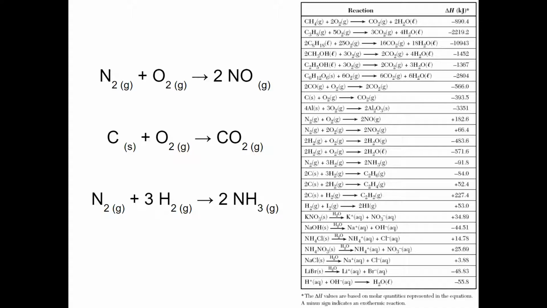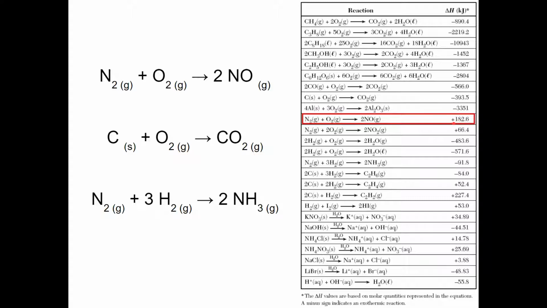Okay, I hope the reference table is with you and you are looking at your own personal Table I. Let's look at these reactions over here. The first one, nitrogen reacts with oxygen to produce nitrogen monoxide. Look at the enthalpy. This is my heat of reaction right here. Here's the indicator. And it is positive.